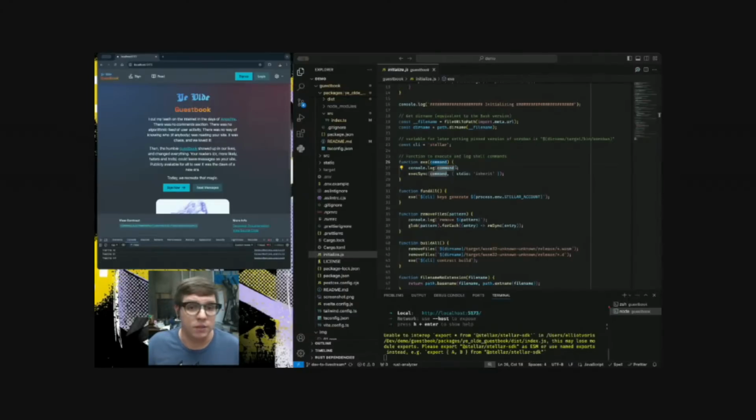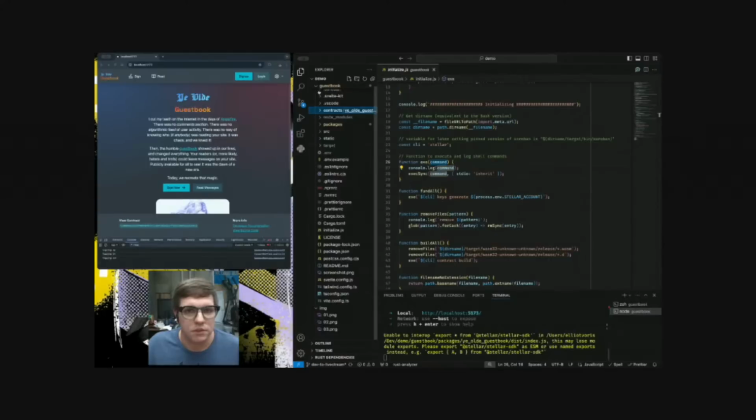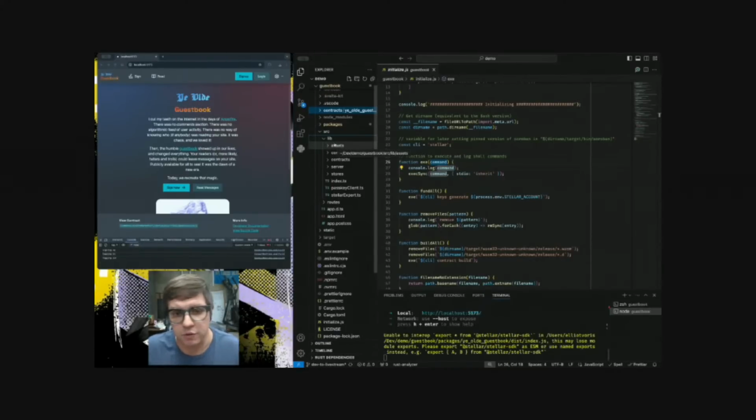So those are the things that we're going to actually implement today. First, let's get all this minimized, into the source directory. This is a SvelteKit app. Take that for whatever you need. It works really well with the TypeScript bindings. I've got a sort of contracts